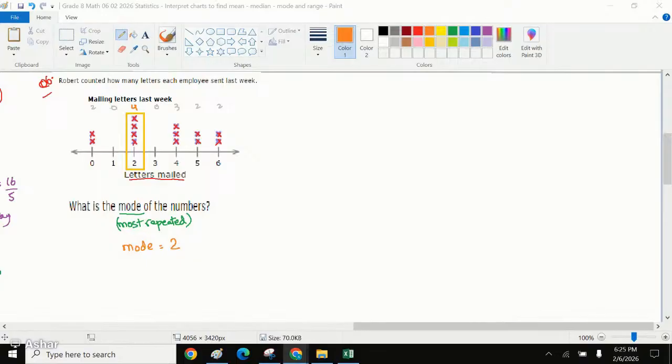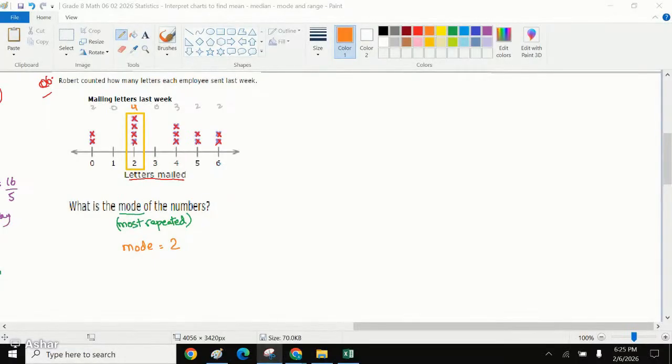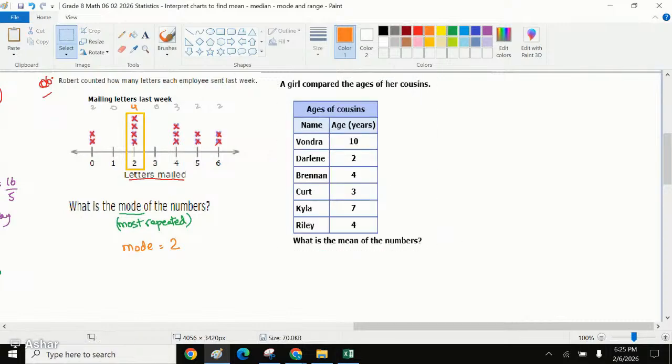Okay, for the different graph, let's try to find all 4 possibilities. Question number 7 says this information is given to us. What we need to do is find the mean, median, mode, and everything. A girl compared the ages of her cousins. Wandra was 10, Darlene was 2, Brennan was 4, and the ages of the cousins are given. In the first part of the question, I would say, find